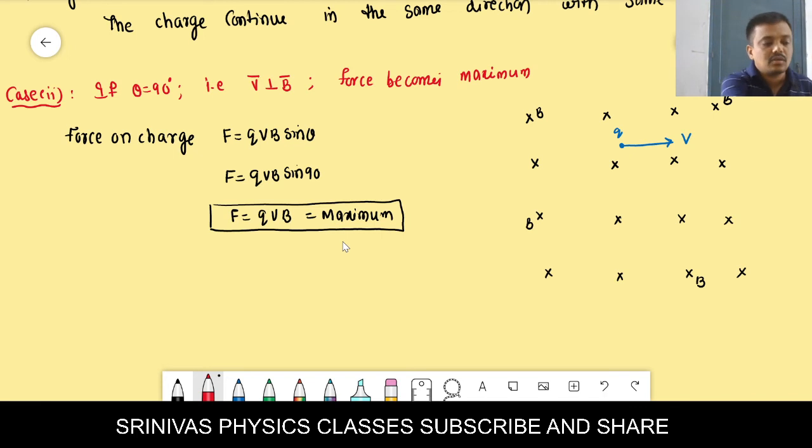Now what about the direction of the motion of the charge? I want to know how the charge moves in this case. This much force is acting, that is QVB. The charge enters along the x-axis. If you want to know the direction of the force, it is Q into V bar cross B bar. Velocity is along the x-axis, so we write V i cap. B bar, the magnetic field, is a cross, that is the z-axis.